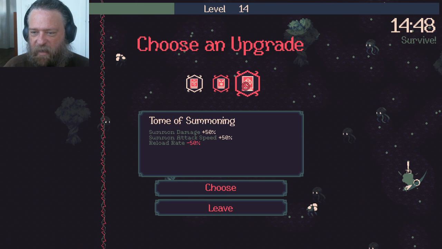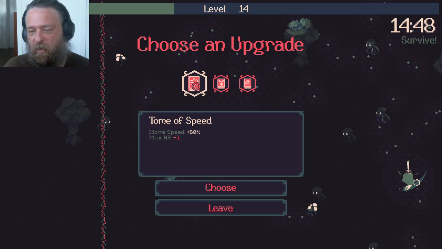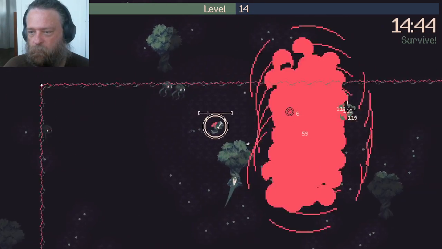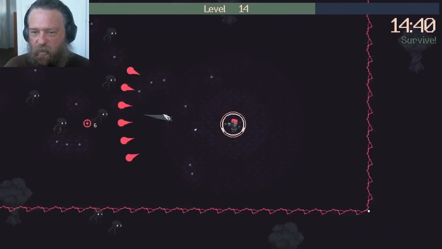Alright, Toma, speed, rage, or summoning. That one would kill my reload speed, and I kind of want to keep... Although I love the daggers, the summons aren't the focus of this build. So we're going to go with Toma's speed. I just got to be careful not to run into my own explosions, which I'm not sure how well I'll be able to manage, but...